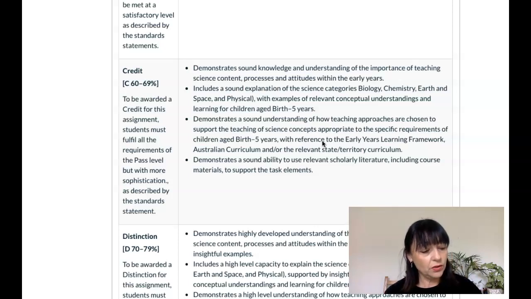So from week 4 on, by the way, week 3 really unpacks the science processing skills and attitudes. So have a good read of the week 3 module and click on all the materials in there. There's some really great stuff that'll help you with this assignment. Week 4 on looks at the science concepts. And so what we're asking you to do is